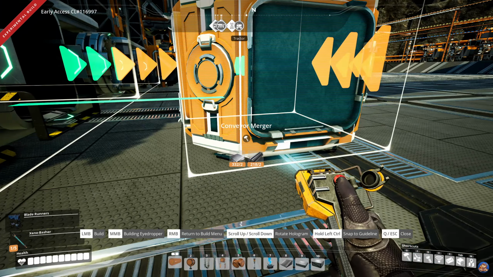Now we get to the final part of this process, which is of course the... why aren't you doing anything? You're supposed to make packaged fuel. No, actually, you're supposed to unpackage fuel. There we go. The final part of this is...